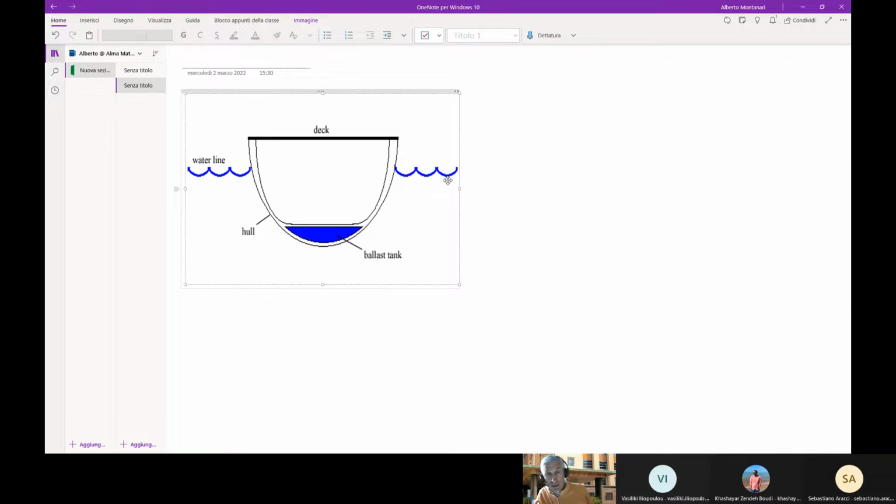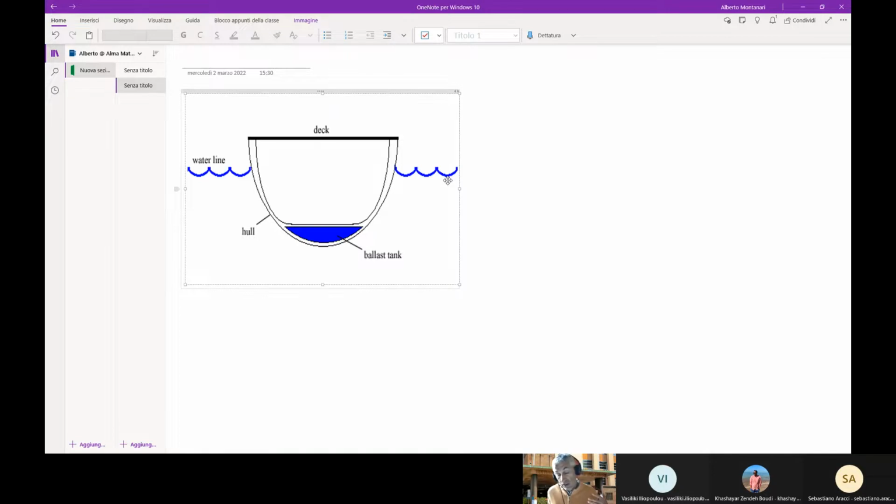So what is the ballast? The ballast is material that is used to stabilize the ship, especially when the ship is not loaded. The absence of load causes the ship to raise, and if a ship is very high over the water level, it is unstable. It is more exposed to wind, and it may become unstable. This is why some ships, when unloaded, need to load ballast. Ballast is, let me call it, artificial weight. Usually it is obtained by loading water, and the water is loaded in a tank, which is called ballast tank,